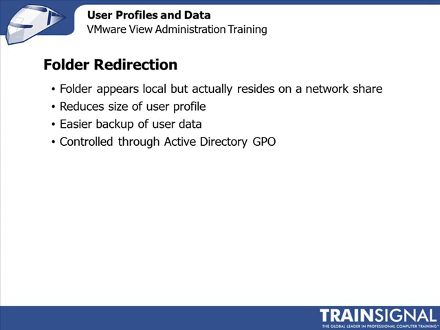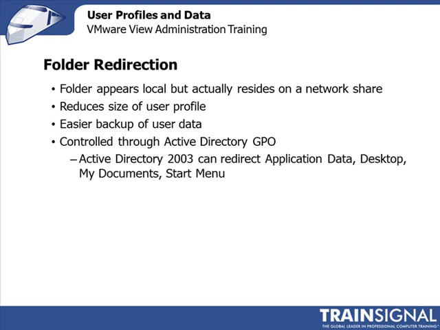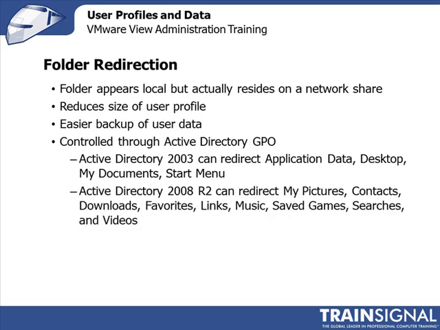Setting up folder redirection is controlled completely through Active Directory GPOs that are applied to the user account. When using a 2003-based Active Directory domain, your choices on the folders you can redirect are fairly limited to the app data, the desktop, My Documents, and Start Menu folders. When using a 2008 R2 domain, you can redirect My Pictures, Contacts, Downloads, Favorites, Links, Music, Saved Games, Searches, and